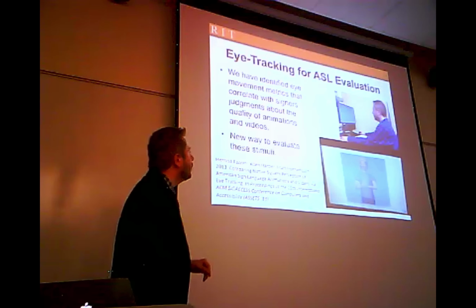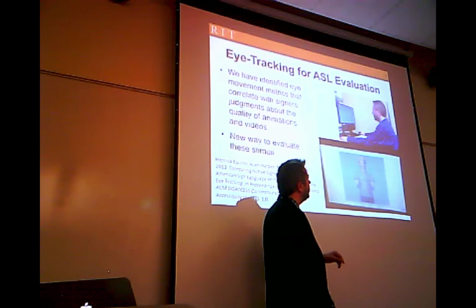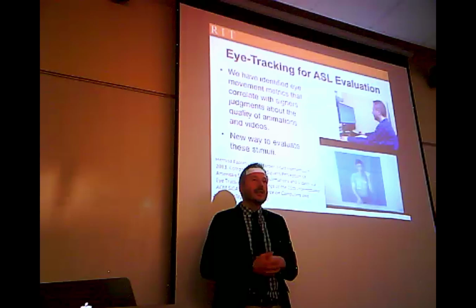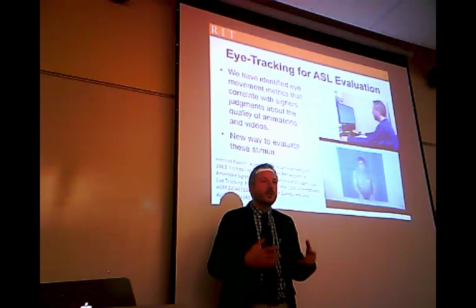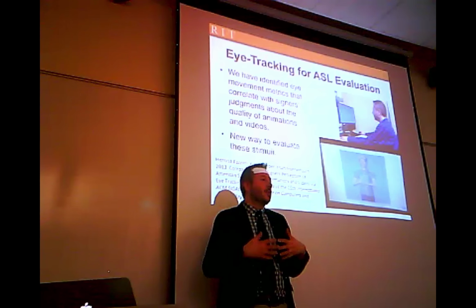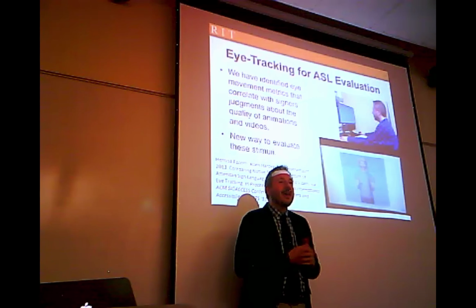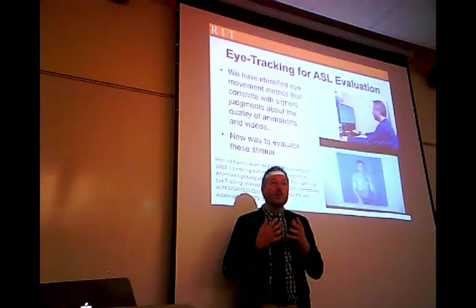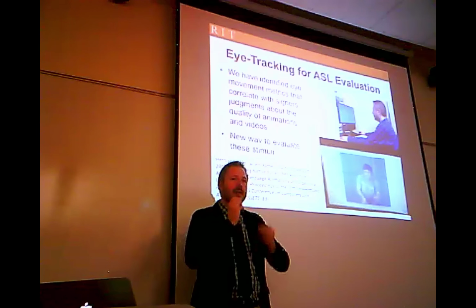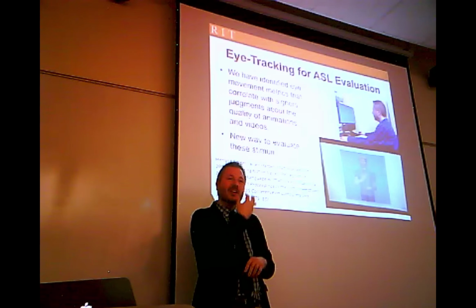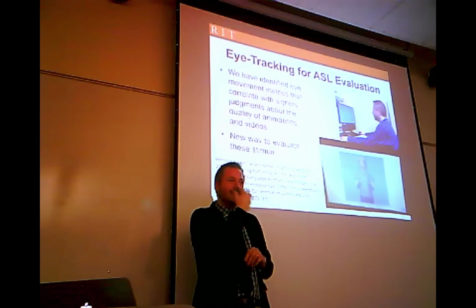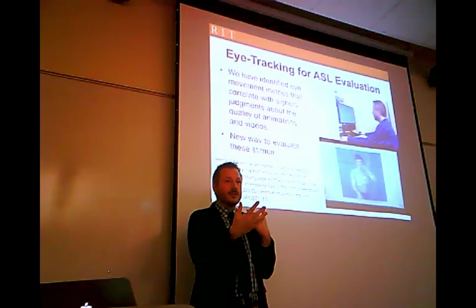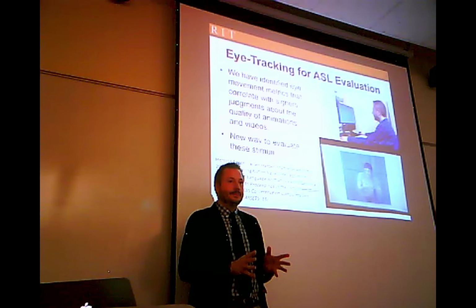One other technique we have explored at the lab for doing evaluations is using eye tracking. So we've done studies to evaluate where do people look when they see a video of a person, where do people look when they see a good animation, where do they look when they see a bad animation, okay? And we found interesting patterns. So when people are looking at videos of real people, or beautiful animations that are very high quality in the precision of the movements, people look at the mouth, actually. And they really kind of stay there at the mouth. And that's what native signers do when they watch other human signers. Okay, everything else is peripheral vision.